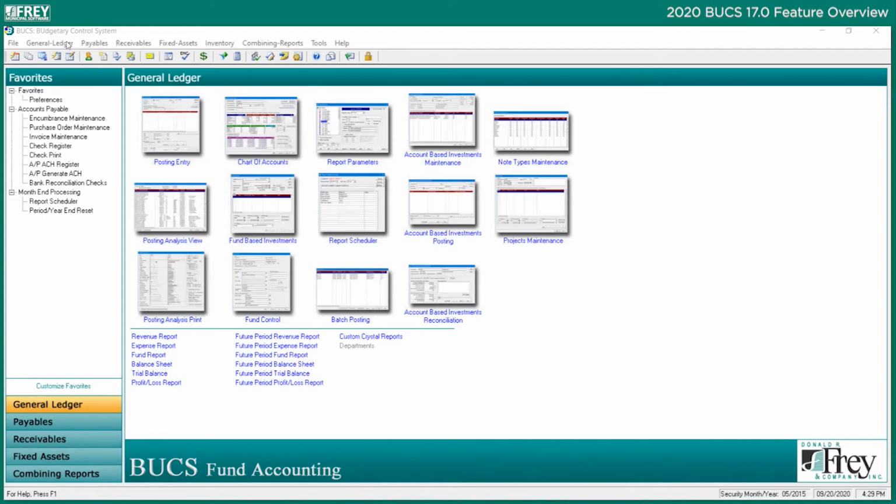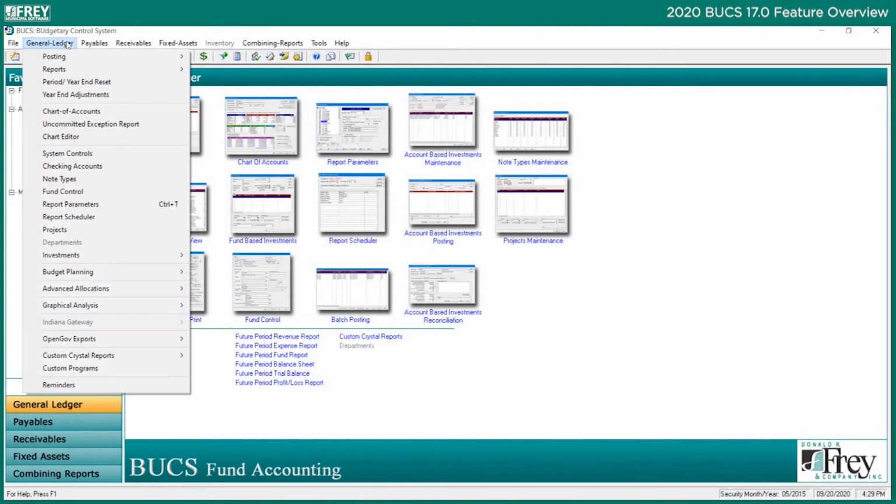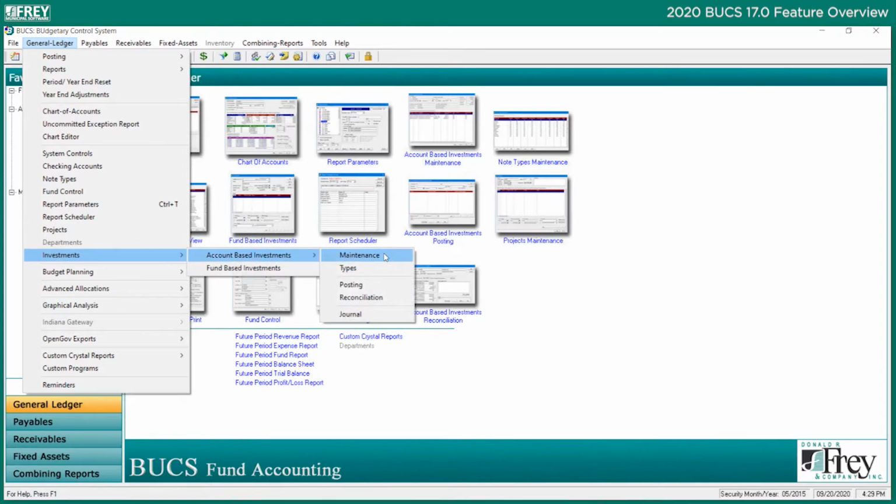The next thing I want to show you is account-based investments maintenance. And that's off the general ledger menu. Take it down to investments, account-based investments, and then we've got our maintenance program in here, which ties to the task pane up here to the account-based investment maintenance icon. We have types. We can set up our different types: posting, reconciliation, and journal. So the posting will tie to account-based investments posting, and the reconciliation will tie to the account-based investment reconciliation icon here. So in the maintenance program,